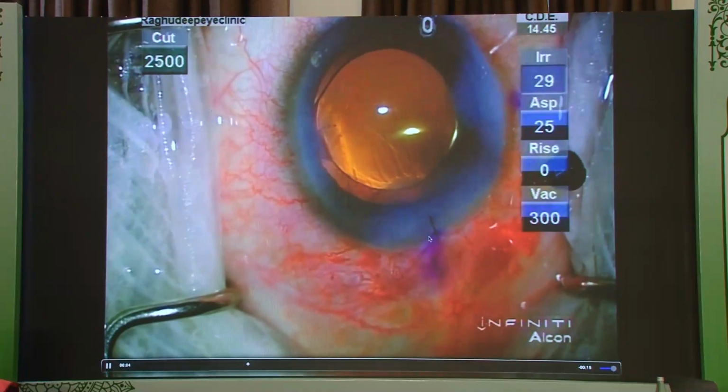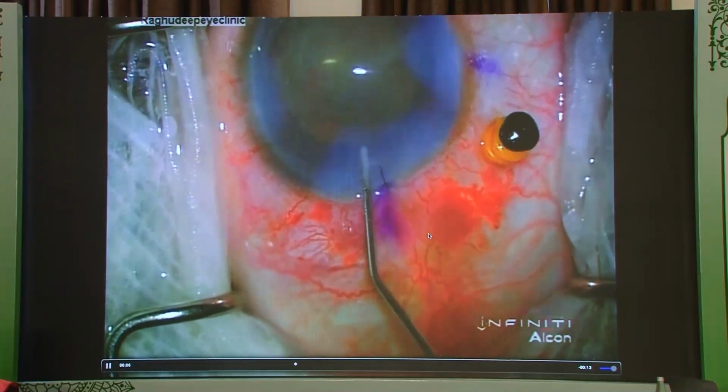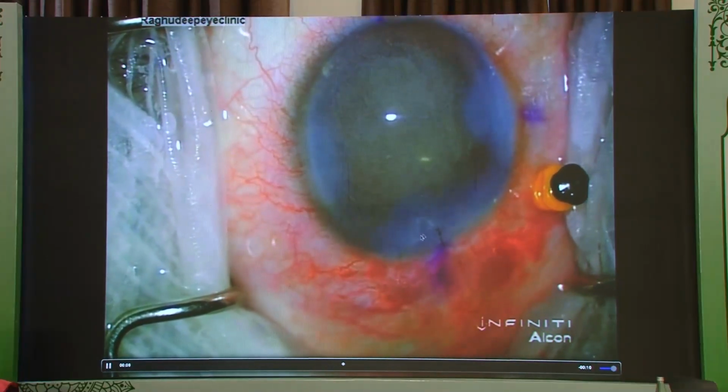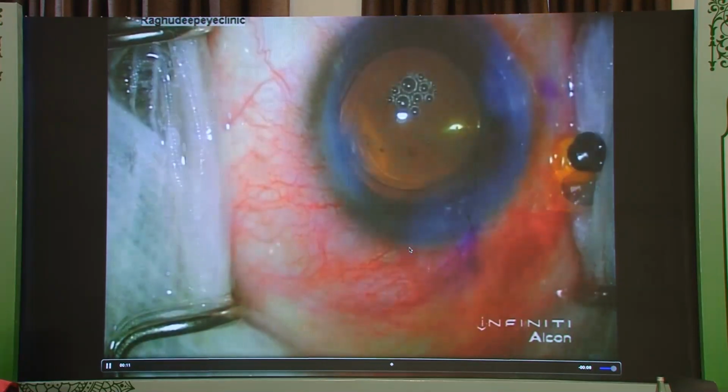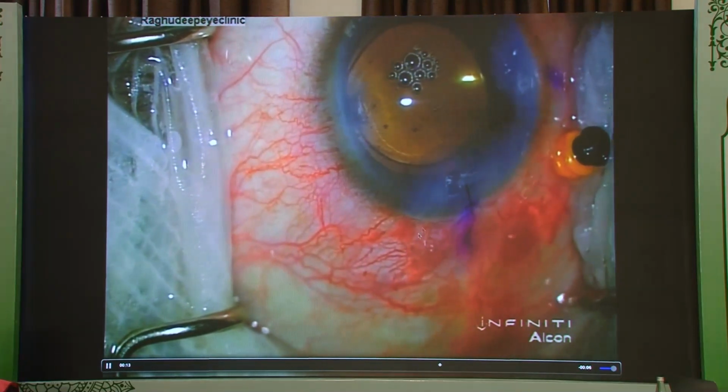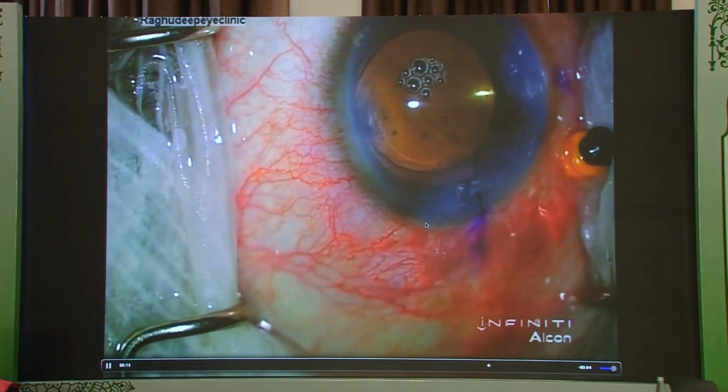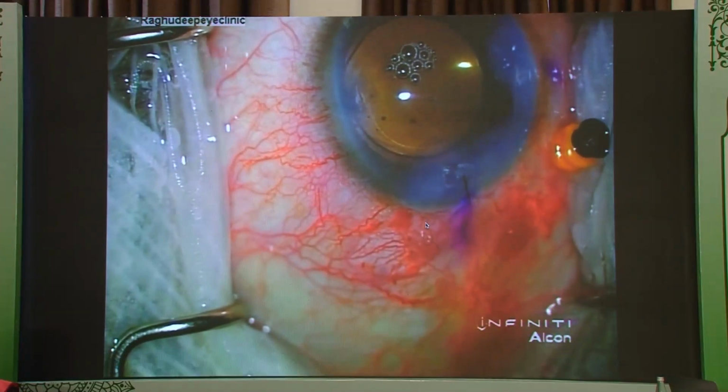you hydrate the wounds. We sutured this wound because we do not want to risk any shallowing in the chamber, and again, like I said, you have to make sure there is no vitreous even at the end. Triamcinolone was injected, it was freely swirling, no strands, and then that was the end of the case.